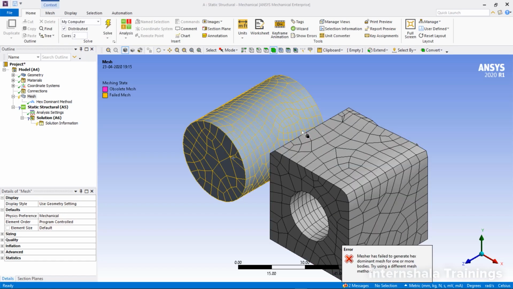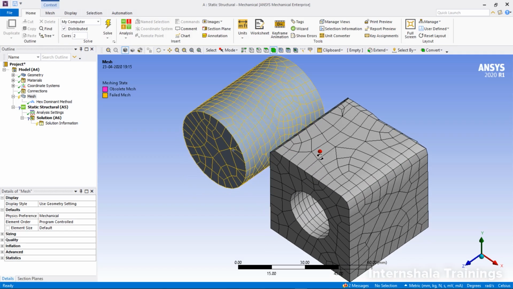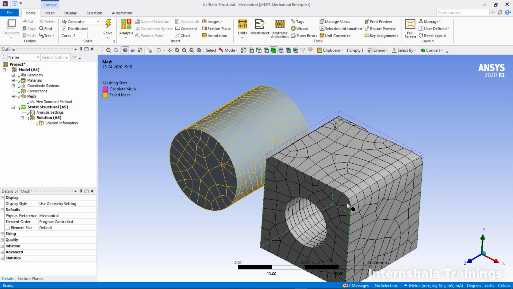It is done, but as we can see here, the mesher has failed to generate all hexahedral elements, especially on this particular object. And remember, creating hexahedral elements, even with an automatic mesher, won't do much good, because hexahedral meshing is very complicated, and it involves a lot of manual tasks